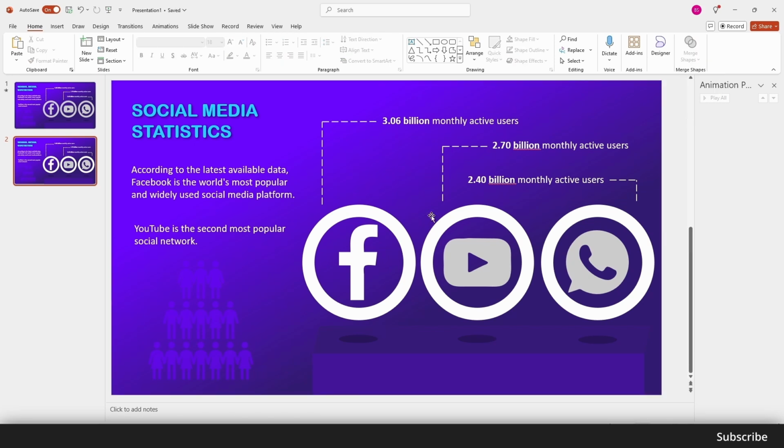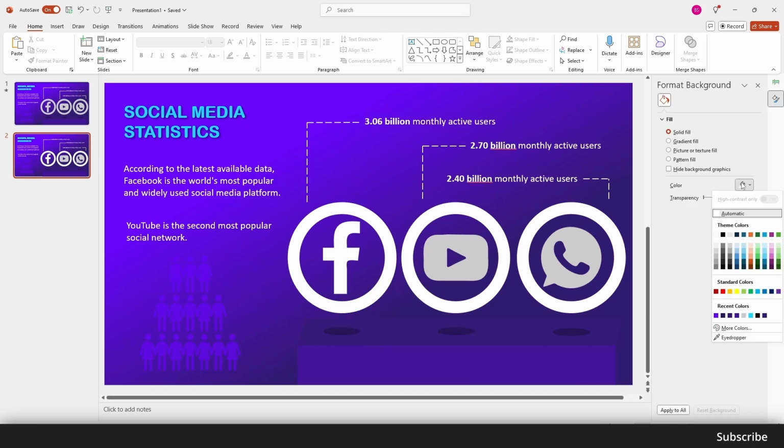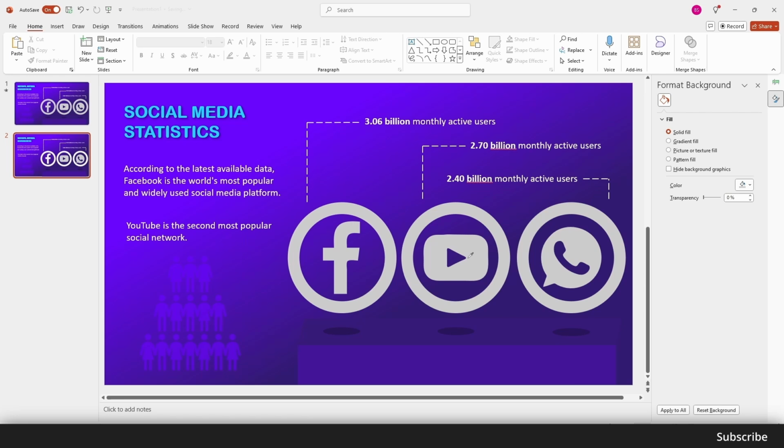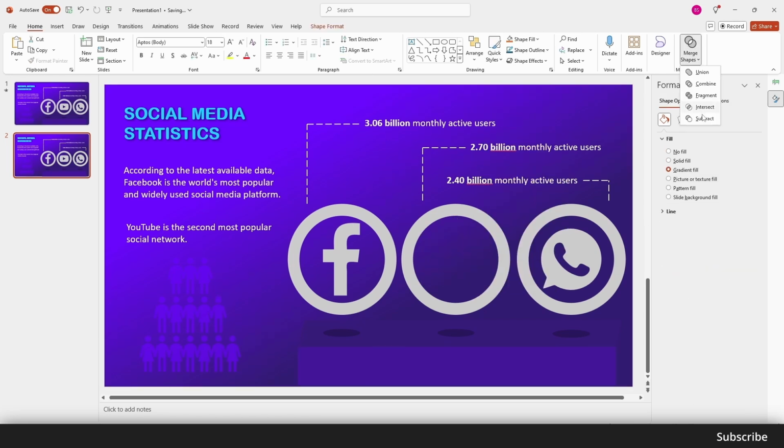To fix this, right-click on the background and select Format Background. Then click on the eyedropper tool and pick the same gray color that the icons had. Finish making the other icons transparent by selecting Convert to Shape, then Merge Shapes and Subtract, just like we did